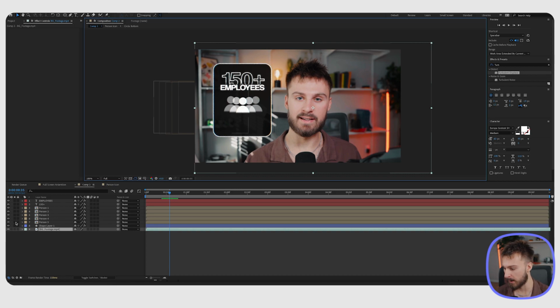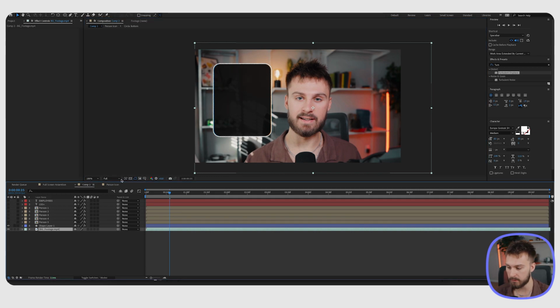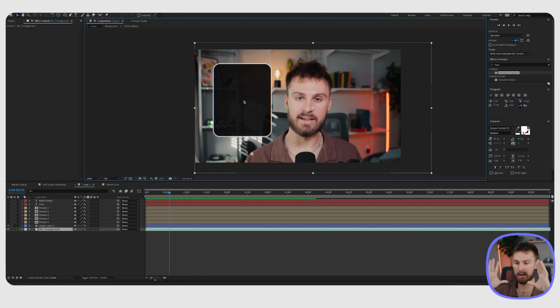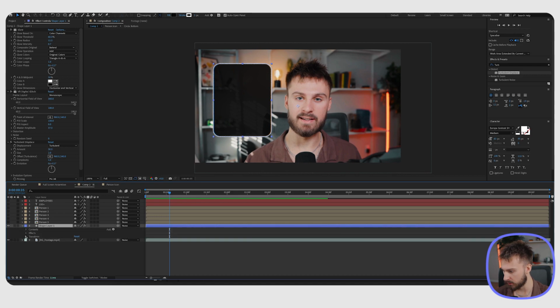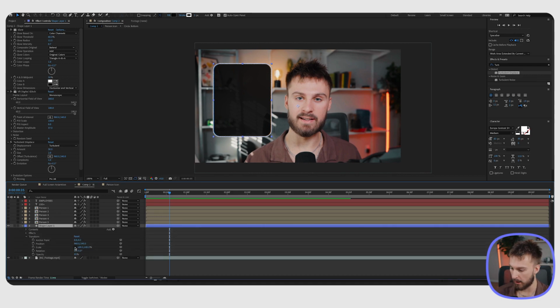Okay, so the first thing I'm going to do is untoggle everything so I'm working with the background here. What's going on here is we have a bit of a scaling effect and a fading-in effect for this background that hosts all of our other assets. To do this, we are going to drop this down, go into transform, unlink the scale here,